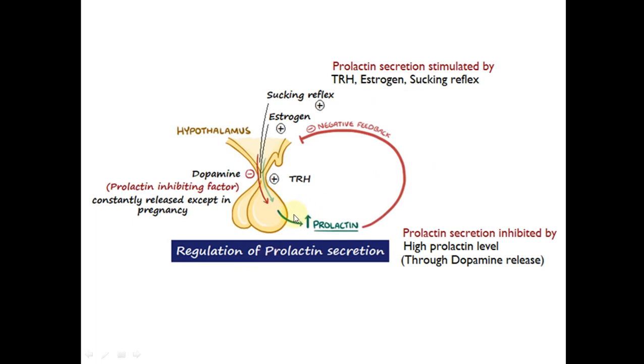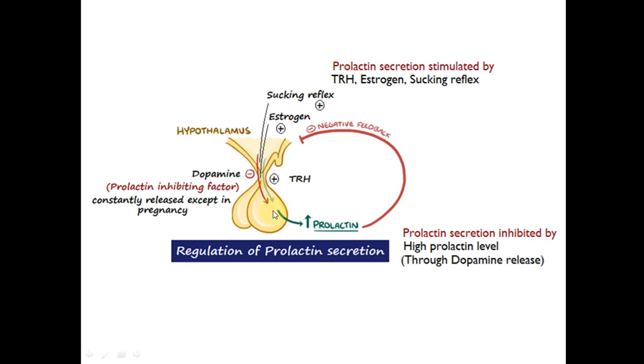Now, normally in a female, if she is not pregnant or if she is not breastfeeding, the secretion of prolactin is persistently inhibited by an inhibitory hormone that is produced by the hypothalamus, and that is known as dopamine. The dopamine is constantly released except during pregnancy and during lactation, and it will inhibit the secretion of prolactin from the lactotroph cells of the